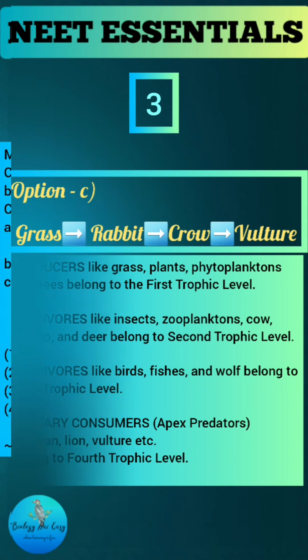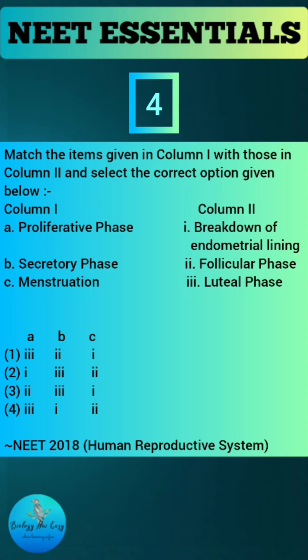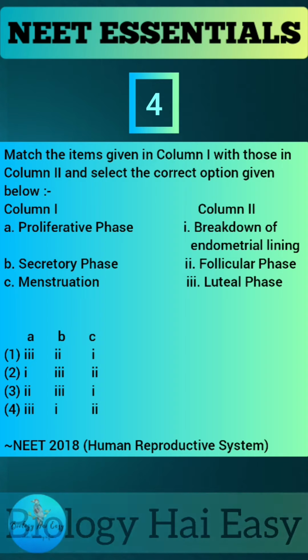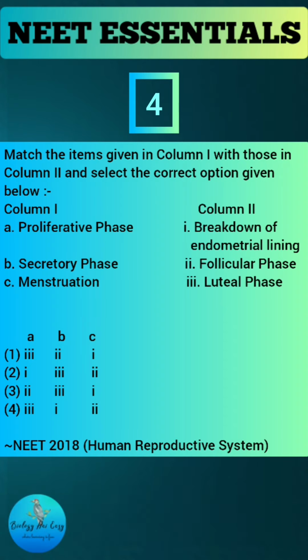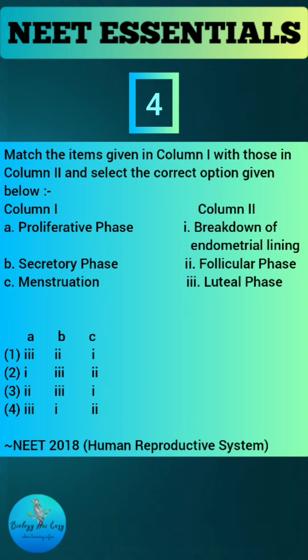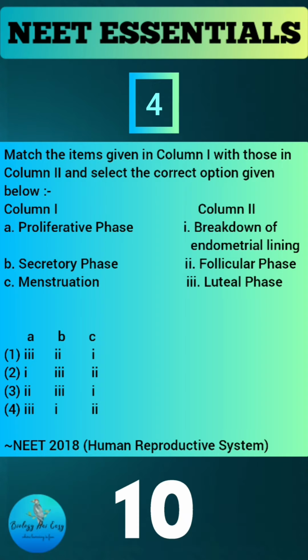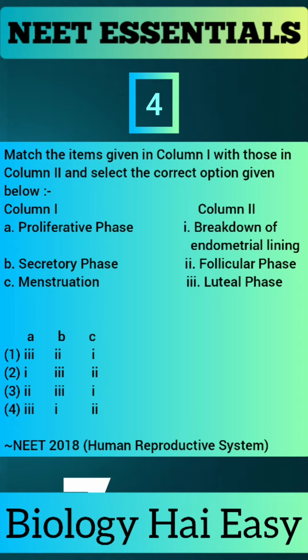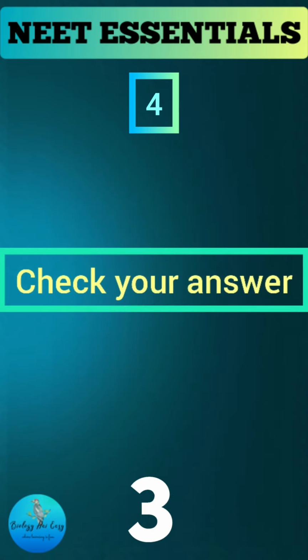And our next question is, match the items given in column 1 with those in column 2 and select the correct option given below. Take your time and try to answer this question correctly. Your countdown begins now. Let's see how many of you answered it correctly. And the answer is